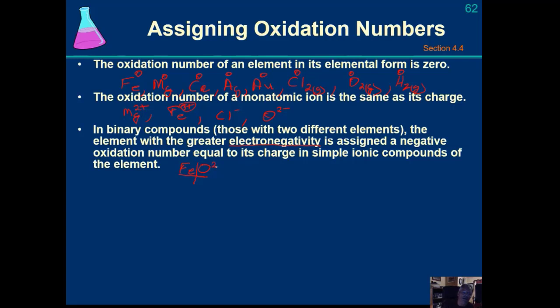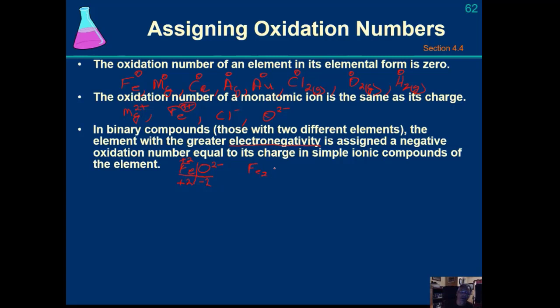is -2, and we write it as a 2- over here. Now, in this compound there is only one oxygen, and so that's going to be a total -2 charge over here, which tells us that we've got a +2 charge here. I probably did this in chapter 2 when we were naming compounds, so that tells you that this is going to be a +2 oxidation state for iron. So this is iron(II) oxide. What if I had iron,